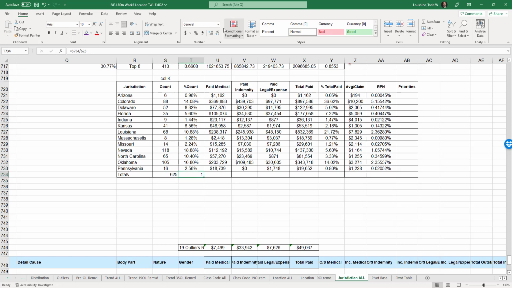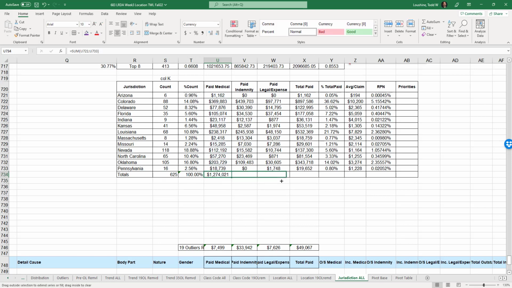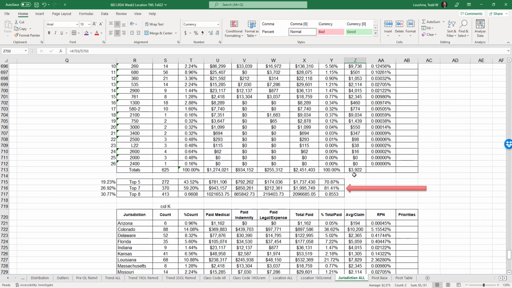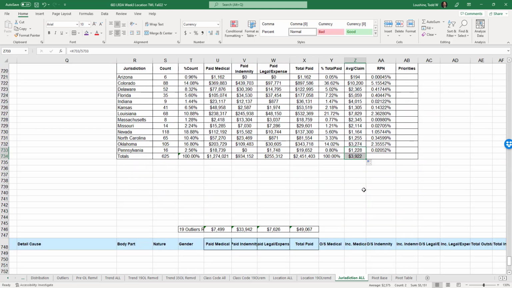All right. This needs to be percentage. Goes to 100. Equal sum. I don't know why I typed it in again. Instead of copying it and changing it, I just did it that way. Over to here. All right, do they match up? Indeed. Verified everything. Center these. Percent, bring it down. Should be 100%. It is. Average, bring it down. It should be 3992, 3992, 3992, 3992. So this is a way to kind of catch ourselves.